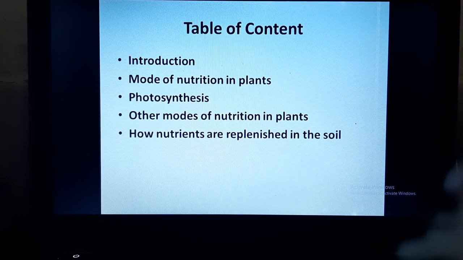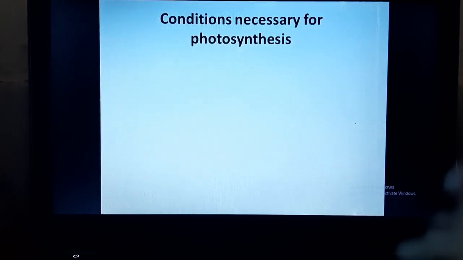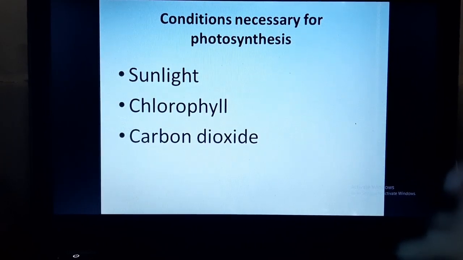Now, this photosynthesis process occurs in leaves because leaves are green parts of the plants and they contain chlorophyll. Along with the food, during the process of photosynthesis, some byproducts are also formed, which are oxygen and water vapors. Now we know that the conditions which are necessary for photosynthesis are sunlight, chlorophyll, carbon dioxide and water. We know that sunlight available for photosynthesis comes from Mother Nature.